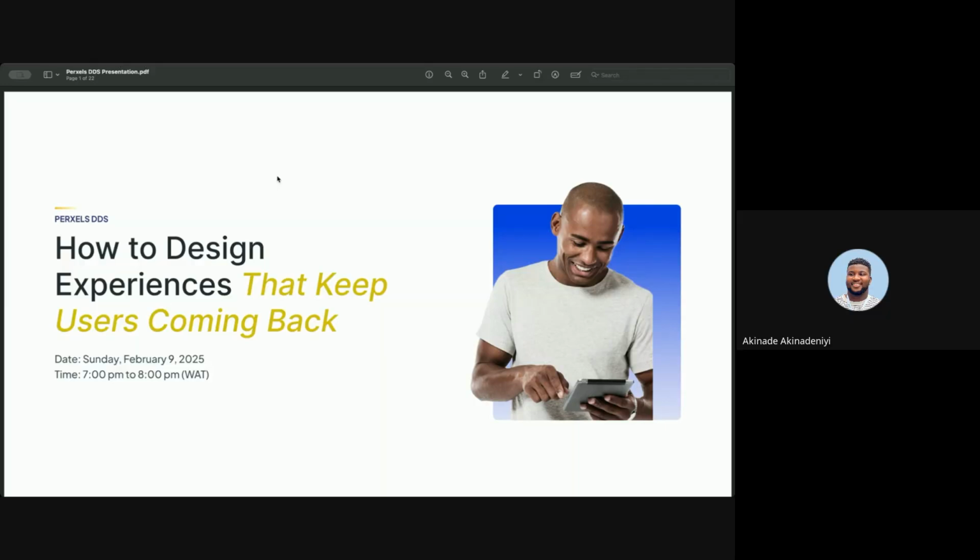One of the things I usually tell junior designers or people just starting out is to always leverage existing products that are out there. It's like learning from somebody's work, even though you don't have access to their Figma file. But you being able to download their products and use them on your phone, you can use that product and learn from it.